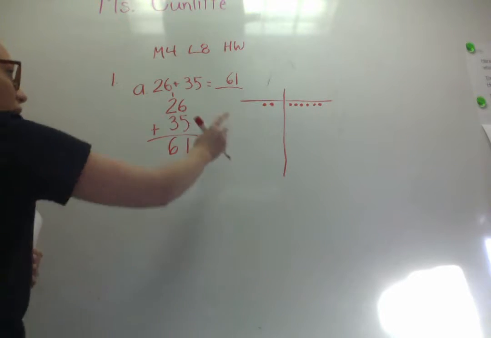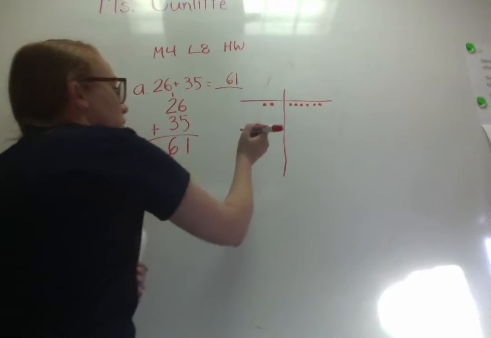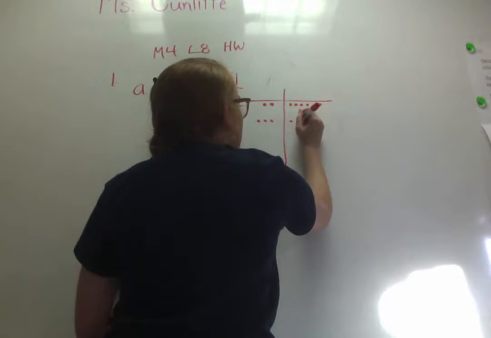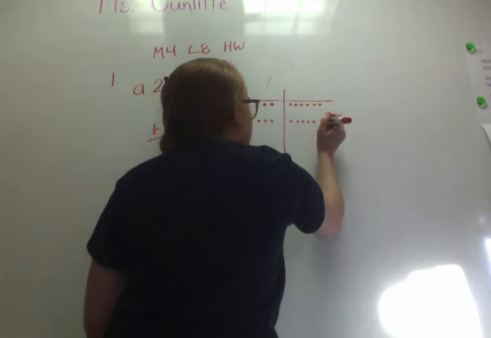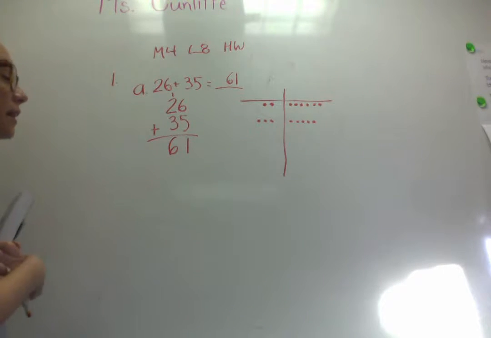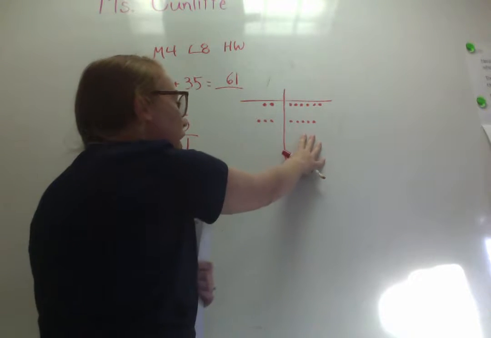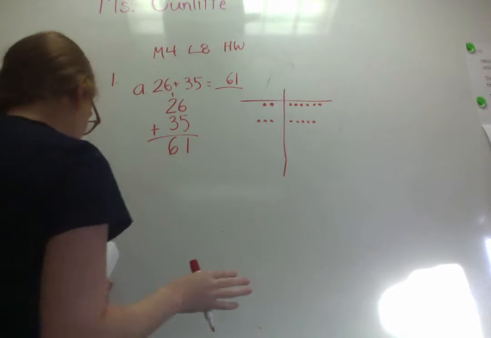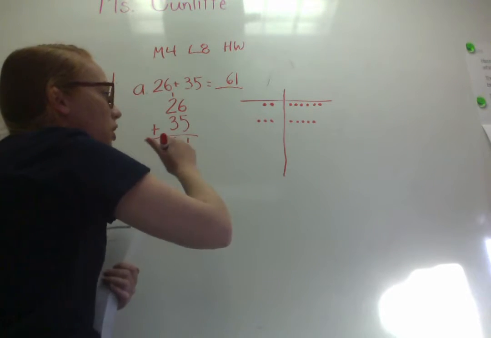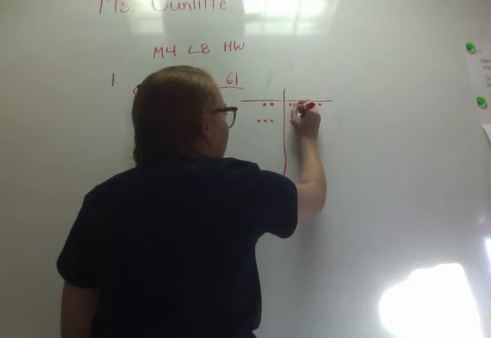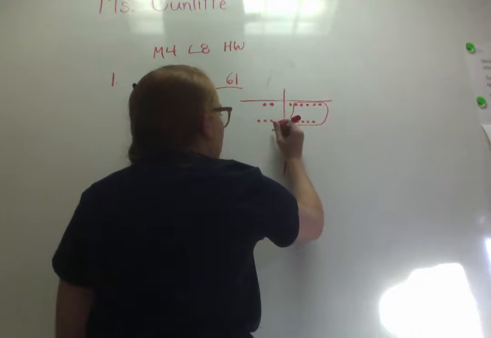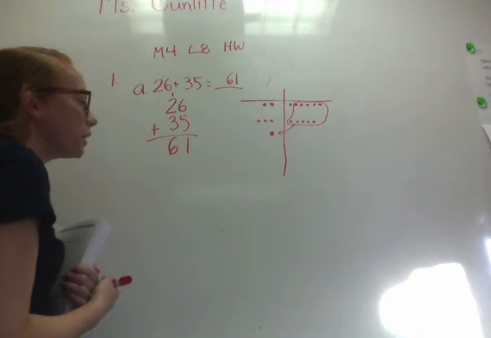All right, and then we also have to draw 35. So it's going to be 3 tens and 5 ones. Now remember what I said, we can only have so many ones in the tens place. And we can only have so many ones in the ones place. We can only have a max of 10. I think we have too many. It looks like we're going to have to bundle and move them on over to the tens. So we're going to circle our 10 dots, draw an arrow, make us a new dot over here, and now